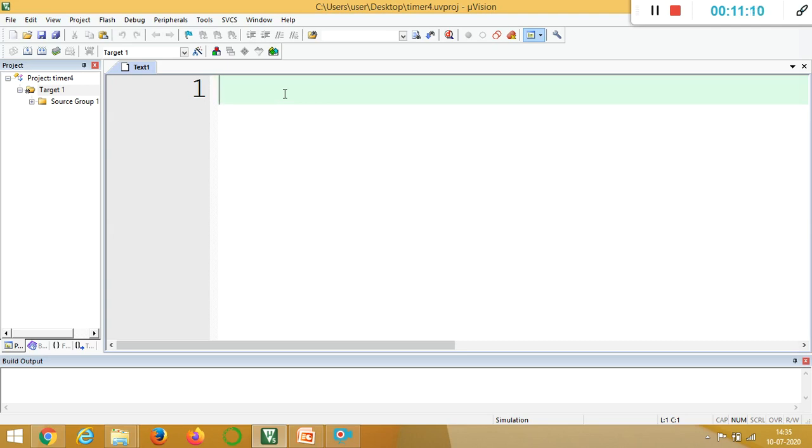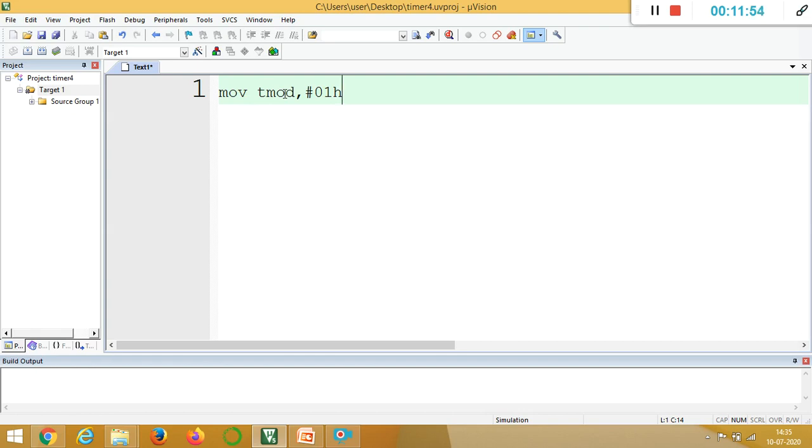Whenever I start writing a program using a timer, I have to select which timer I am going to use and which mode. For that the instruction is MOV TMOD, #01. There is a register called the TMOD register, the timer mode register, which tells which timer and which mode you are using. When you put 01 in the TMOD register, timer 0 mode 1 is selected. When you put 10, timer 1 mode 1 is selected. So let us use timer 0 and mode 1, so the value is 01 that you move into the TMOD register.